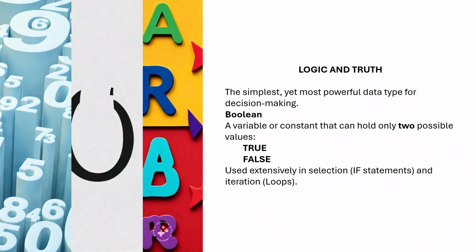This holds only two values, either a true or a false, and is used extensively in selection and in iteration. Now, what are selection and iteration? We are going to discuss this in our future lectures. But for now, just remember that this is a very strong data type that is sometimes used to make the